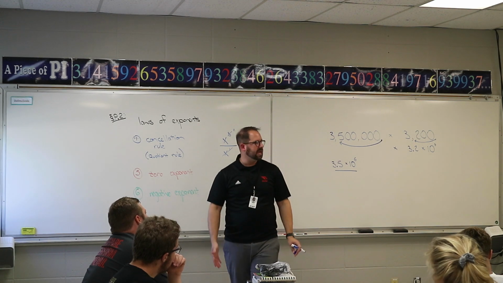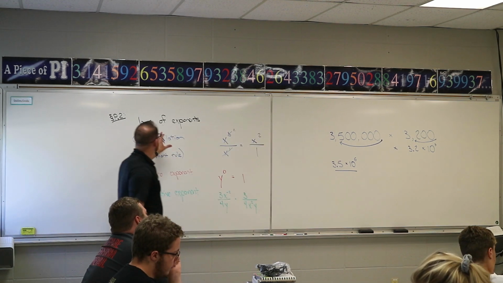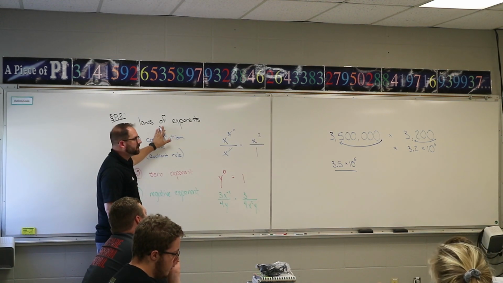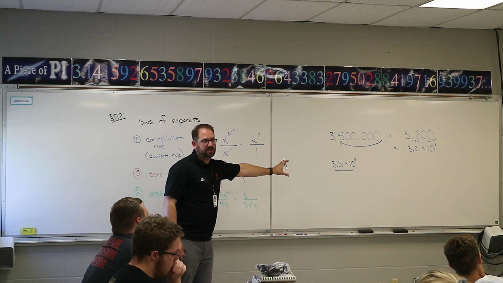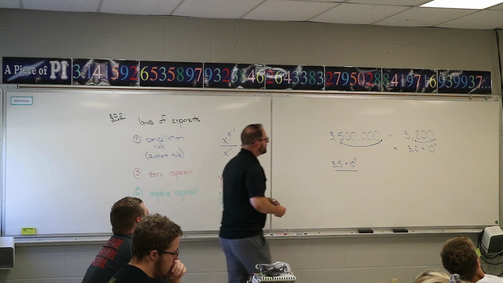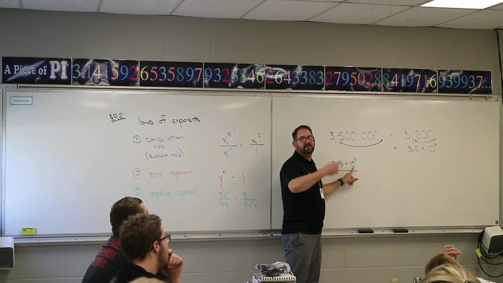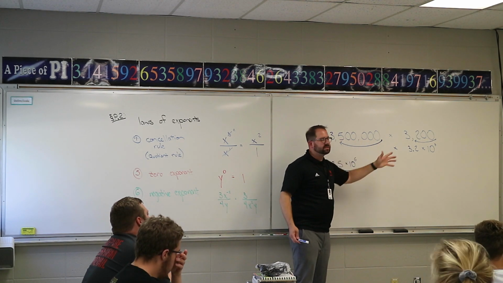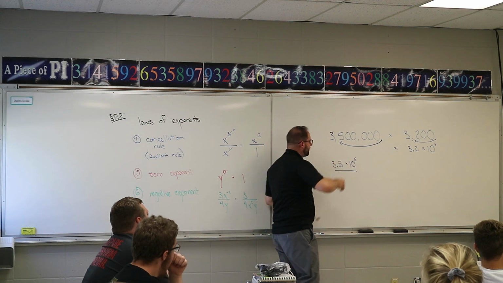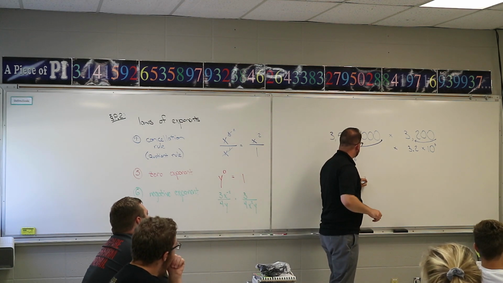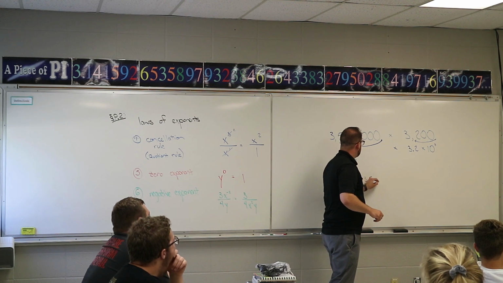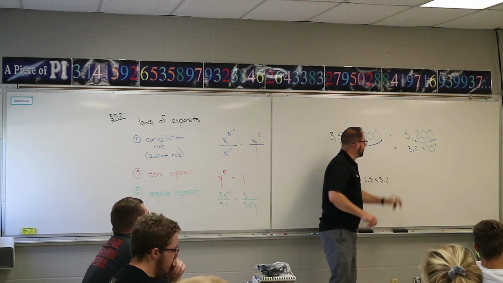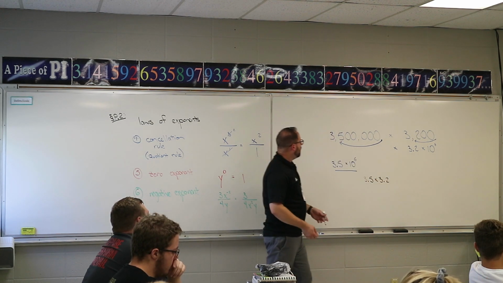Well, why I want to write this down is because I can multiply these two together using scientific notation. That's why they use the laws of exponents. They're actually doing exponents here because 10 to the 6 means you're moving the decimal 6 times, right? You're moving this decimal 6 times. That's the concept. Well, when you actually multiply these together, what you're actually doing is just this. You're multiplying these two numbers together, and then,